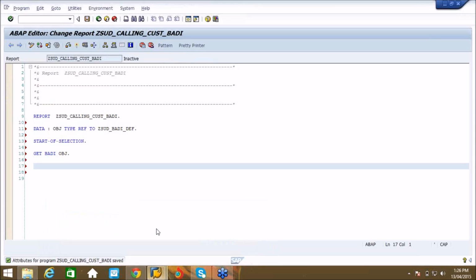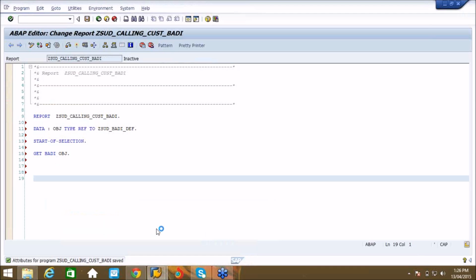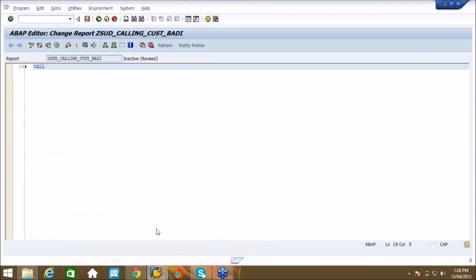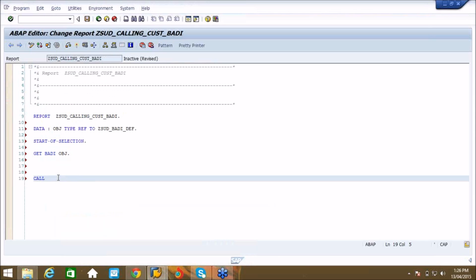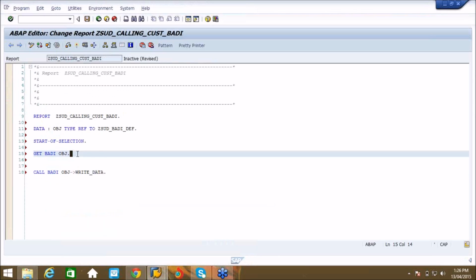I have a syntax here called CALL BADI. Instead of call method, you can say CALL BADI obj single arrow write data. That is the method name. Let me check whether this is working properly or not.